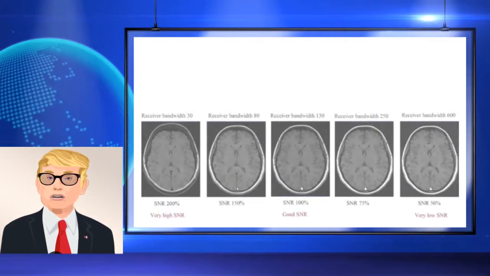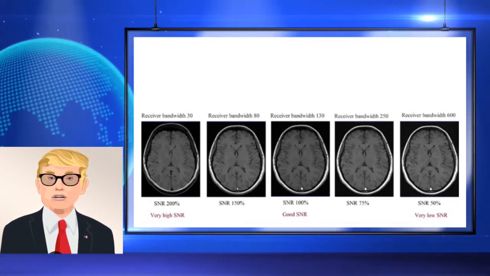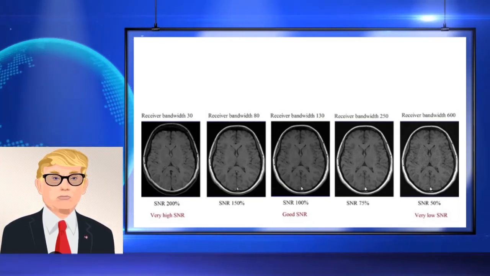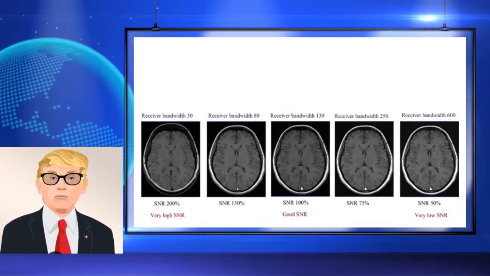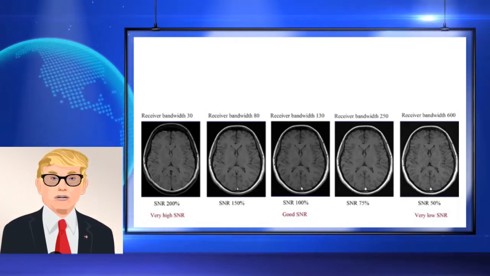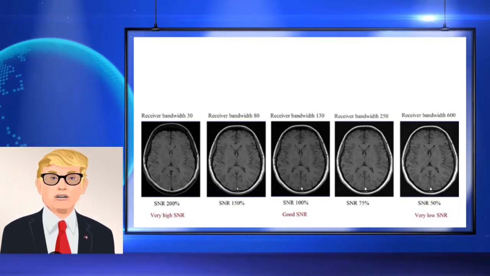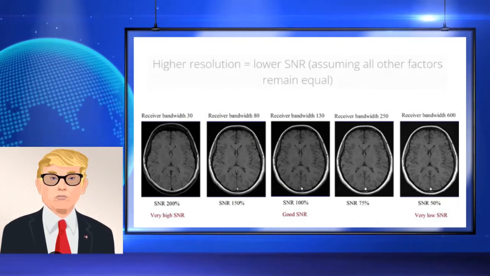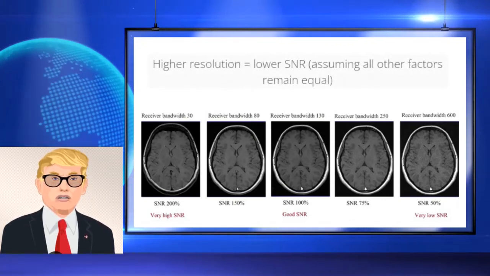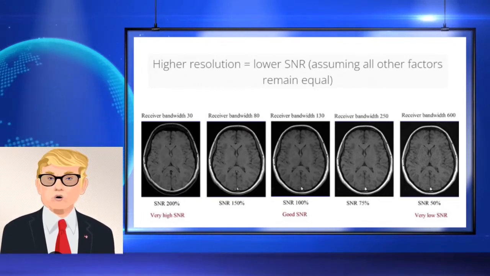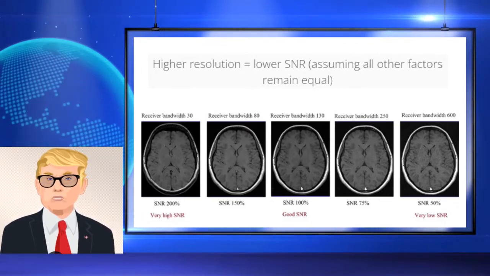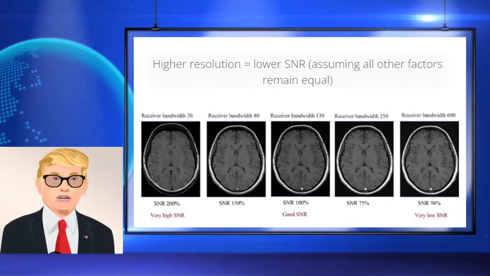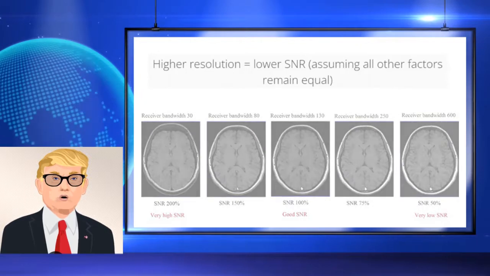SNR is a useful concept in every modality of radiology. There is always background noise in X-ray, CT, and MRI. To get a useful picture, the amount of signal from the thing being imaged should be greater than the noise. A higher SNR means a better and more useful image. The greater the size of the voxel or pixel, the more signal there is per point in the image, improving the SNR. However, a greater voxel or pixel means each point in the image is larger and the resolution is lower.